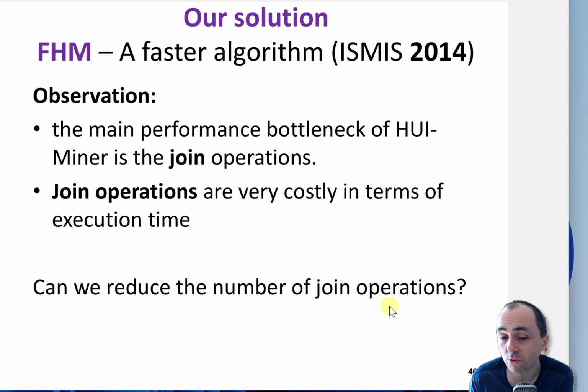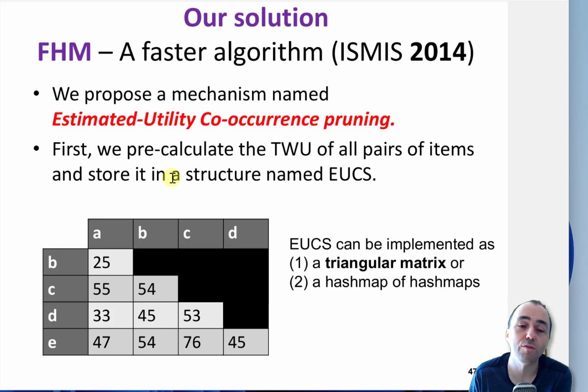So can we reduce the number of joins? How can we do this? In FHM we use a very simple idea to reduce the number of join operations in HUI-MINER. We use a new strategy or optimization called estimated utility co-occurrence pruning. The idea is, when we start the algorithm, we will build a table like this. It is a triangular matrix actually, and in this table we will